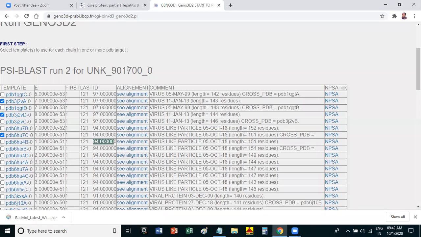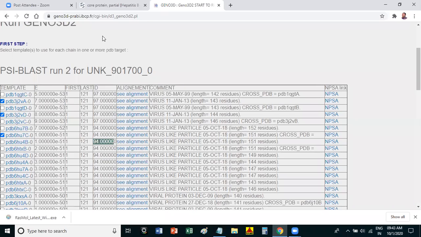We did BLAST for getting similar sequences. If you have your nucleotide sequence, it will search in GenBank or EMBL. But for PDB or protein structure similarity search, the bank will be the Protein Data Bank. You may ask, sir, why are we doing BLAST? Because this is a sequence and we do not have the structure. If it had a structure, then we could compare directly. As it does not have a structure, first we have to go with the sequence, then only can we go to the structure.